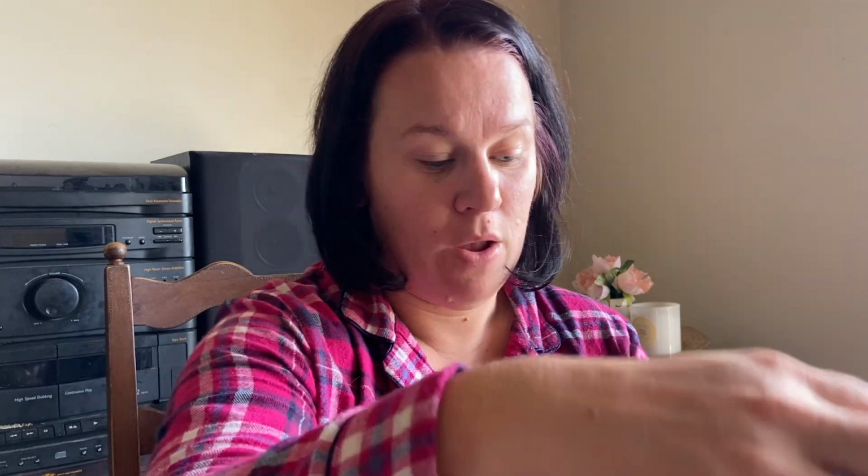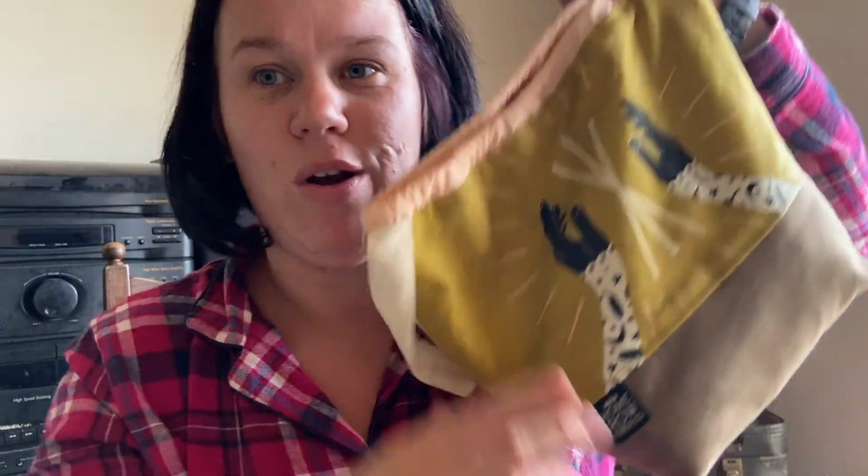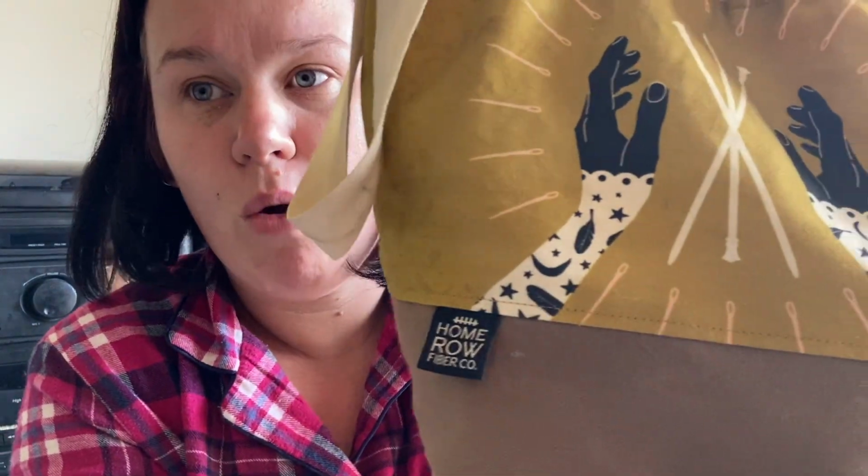I started first of all the Taroko sweater, the other pattern that I showed you guys and shared last time, and now my yarn is all knotted up. But I've got 2 jumpers I'm working on. I've currently got them in my Home Row Fibre